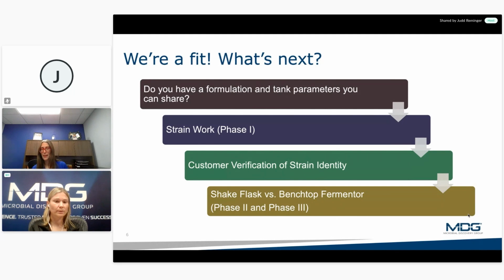We have had customers who do like their own working cell banks. They verify their purity, they're comfortable with what they have, and they will send those to us. Usually that takes care of the phase 1 work. So that'll shave off, probably 2 to 3 weeks of work, and we can jump straight into both of those optimization phases then at that point.